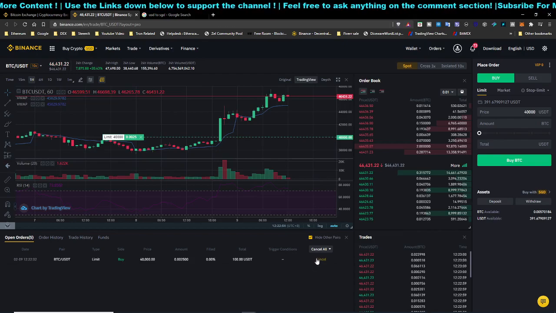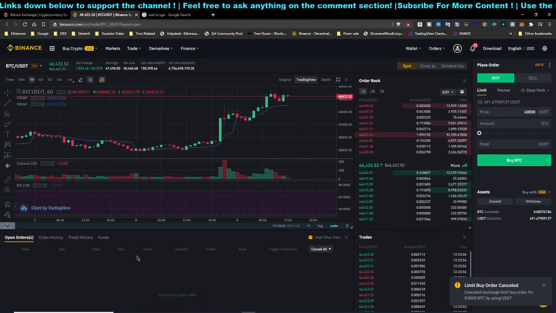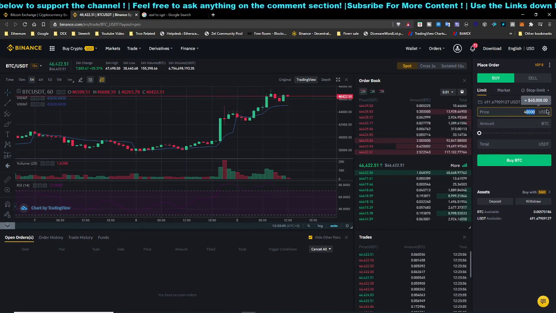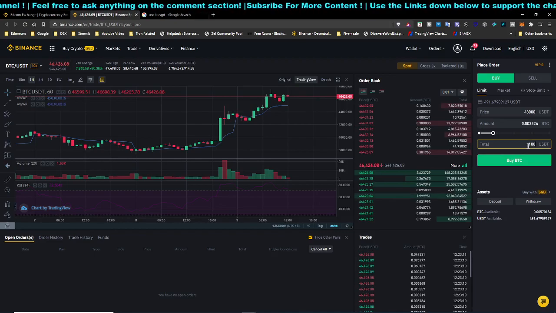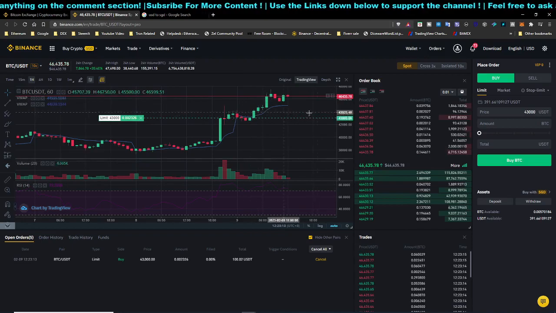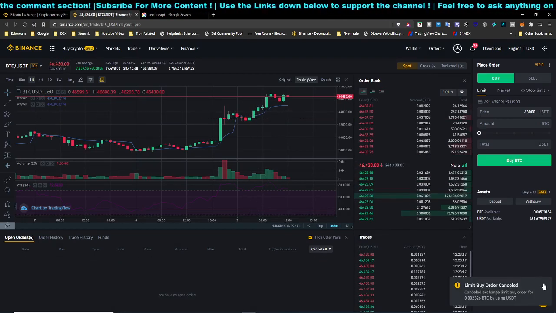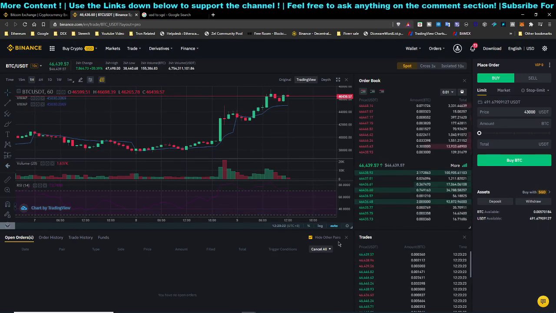And of course you can edit it if you want to, let's say, set a higher price. Just click on cancel, and after that just head over here and set it to 43,000 for example, and do the same thing over here, 100, and click on buy, and it's going to prompt over here and move again. And of course, for example, you have entered the position at $43,000,